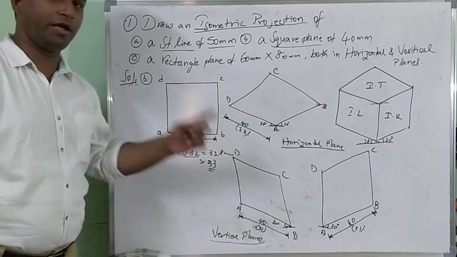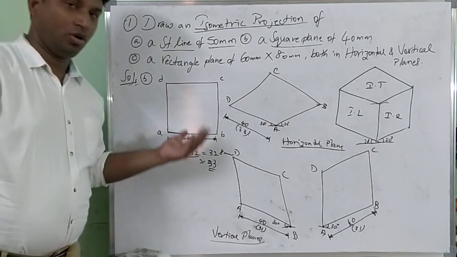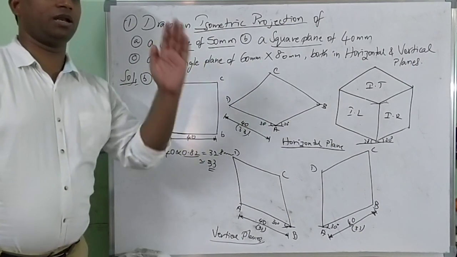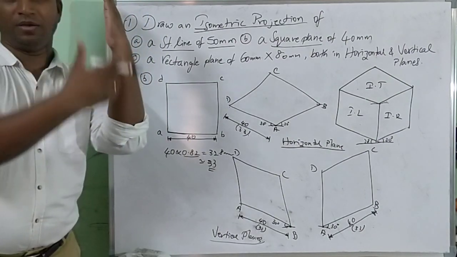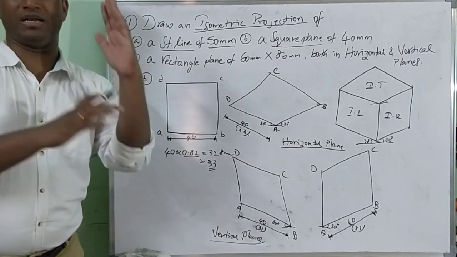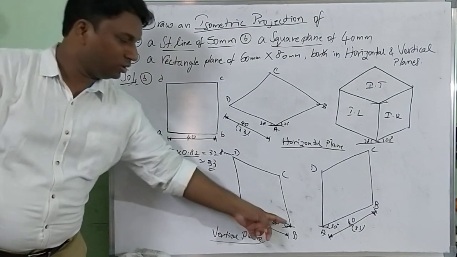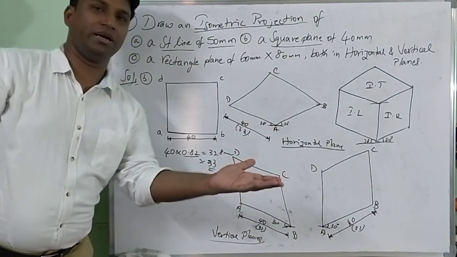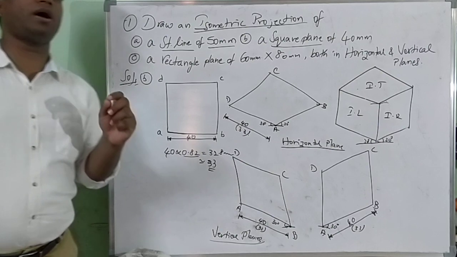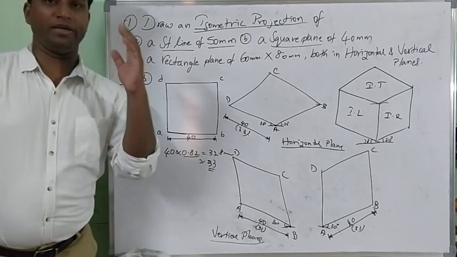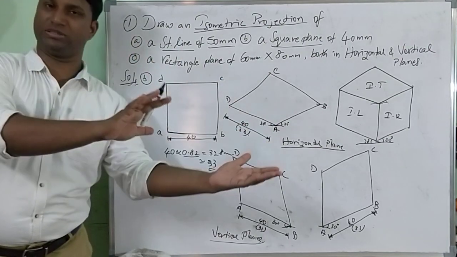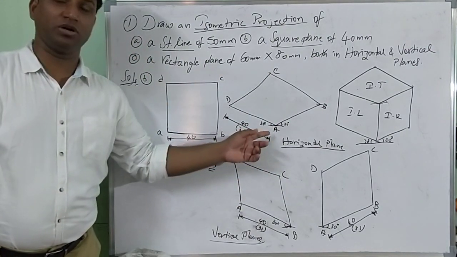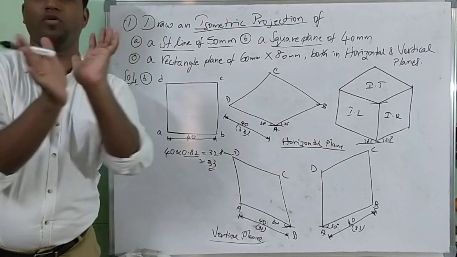Same way, in the vertical plane we have two, iso left and iso right. Vertical means, you remember, where only height will come. Height is nothing but a straight vertical line at 90 degrees. So one is 90 degrees, another is 30 degrees. That is the blind mark. You can remember, vertical means 90 degrees, another 30 towards the left side and towards the right side, right? Whereas horizontal means both in 30 degrees, no vertical.